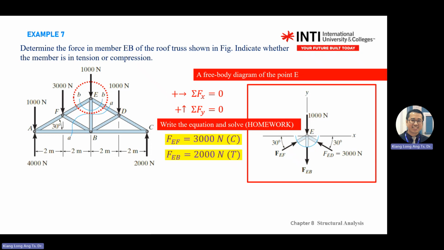If you have two members, member 1, member 2, two members of truss and no external forces acting, then they are zero force. Another method is